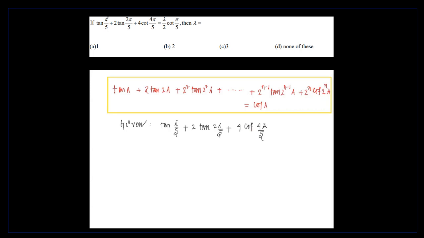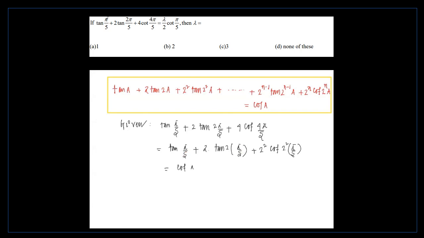So we can say this one is tan pi by 5 plus 2 into tan 2 into pi by 5 plus 2 square cot 2 square pi by 5. If we consider that here pi by 5 is the angle which we can consider as A, then we can put it to the given expression and we can say that here the answer should be equal to